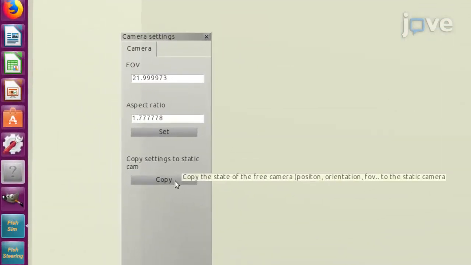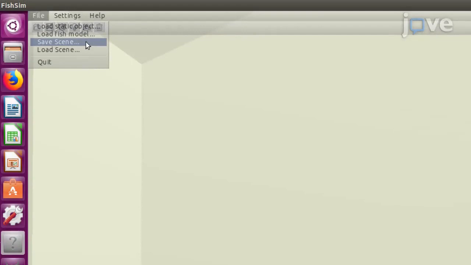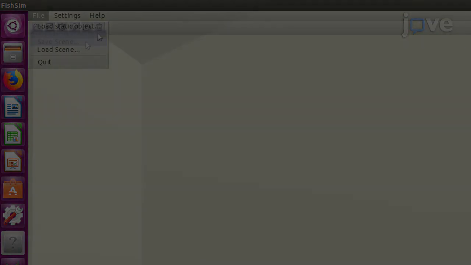Click Camera Settings in the editing toolbar and click Copy to Static Cam to set the viewpoint. Click File, Save Scene, and save the adjusted scene as the new default scene. For design of a virtual